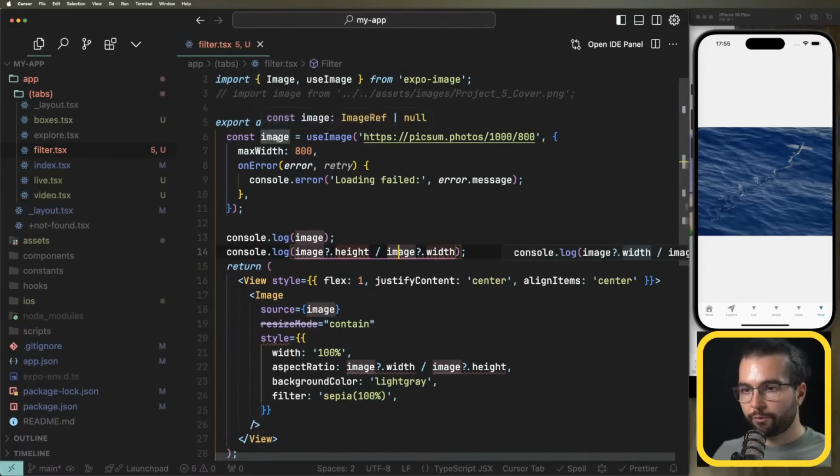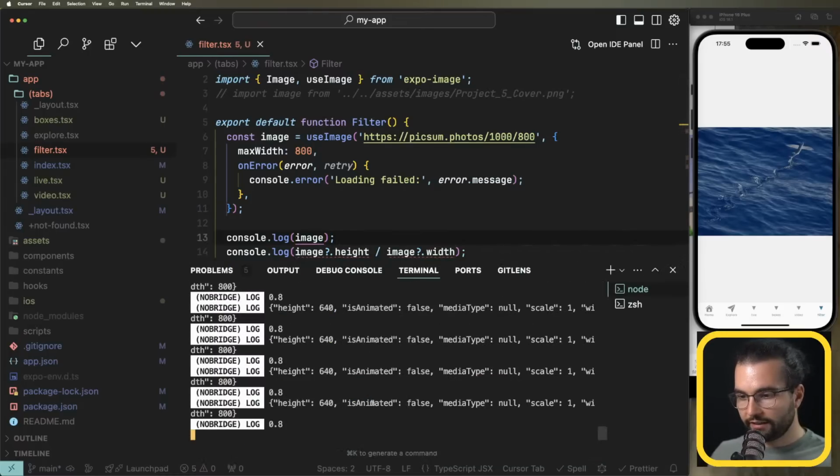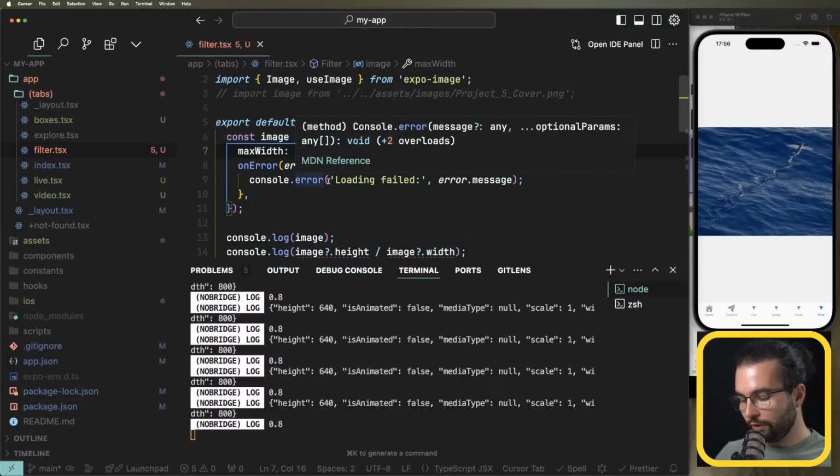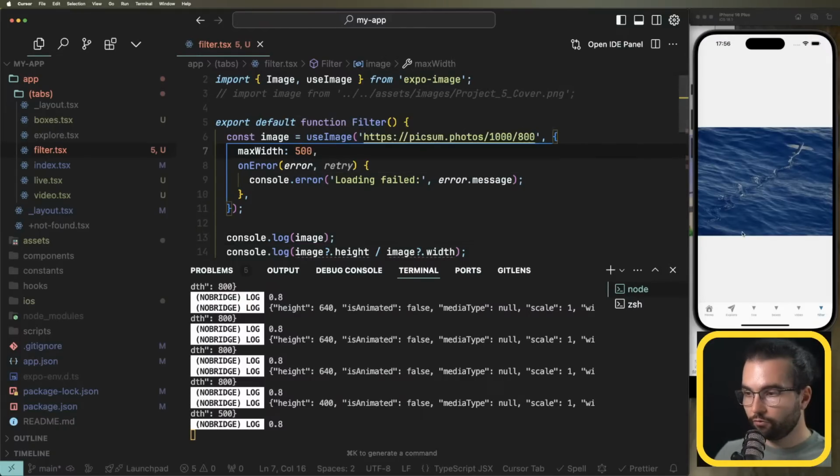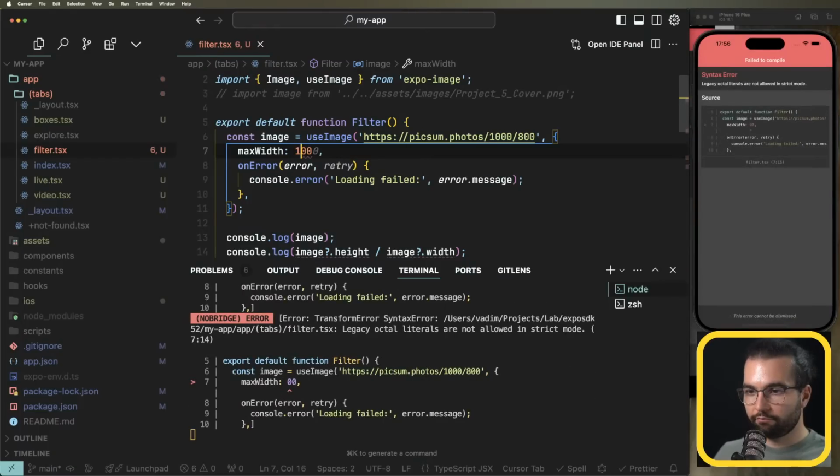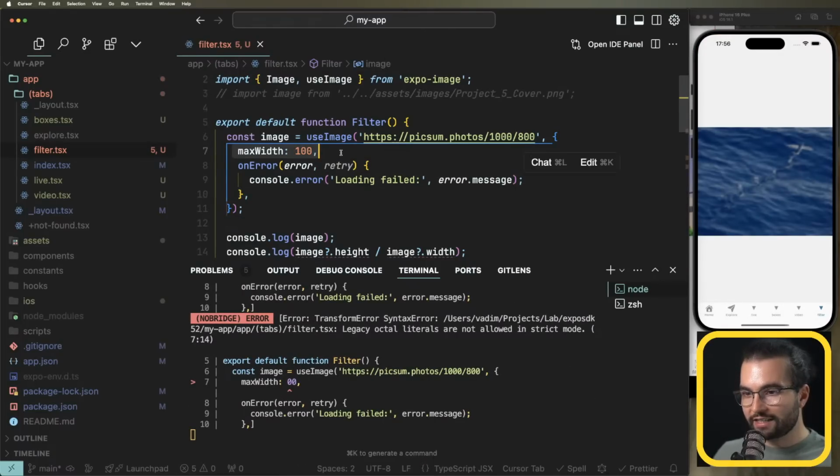So what other information about the image are we going to have in the image ref? But we saw it here. So height is animated false, media type null, scale 1, width 800. And we can even do lower width. Will that work? And as you can see, just by decreasing the maximum width here, we decrease the